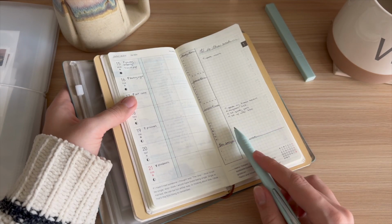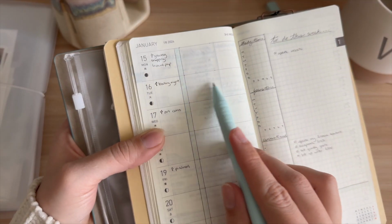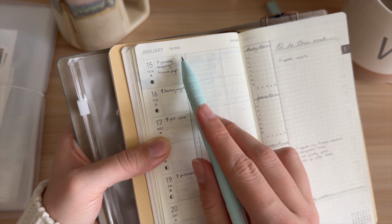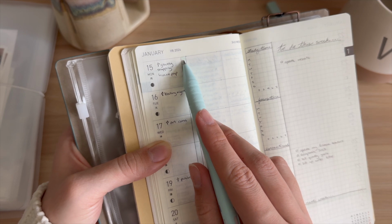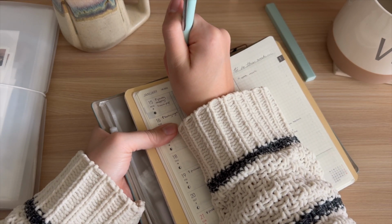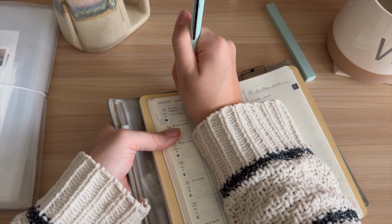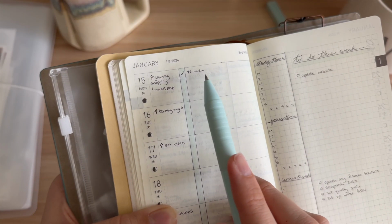And then the bottom section here will be for any miscellaneous things that come up as well. Filling in some of the stuff going on throughout the week, I'll just go ahead and write them directly next to this column here, because again, I'm going to be putting all my check marks and stuff inside of here. So for example, today I really wanted to film this YouTube video, so I would write it at the top there and then place the check mark in once I finished it,